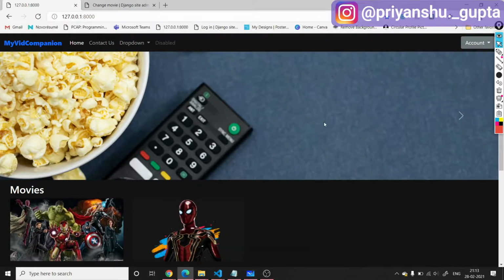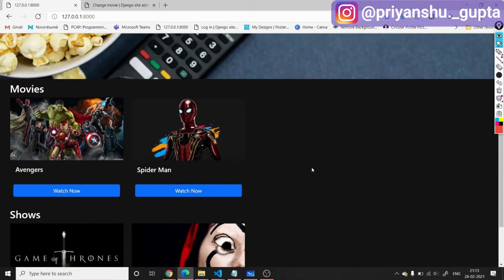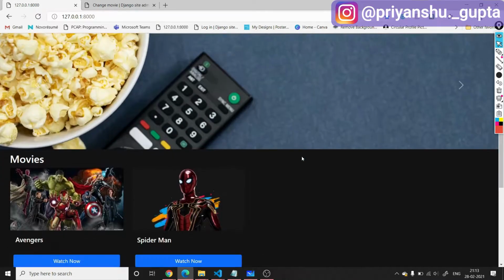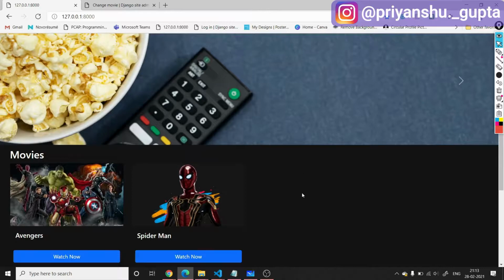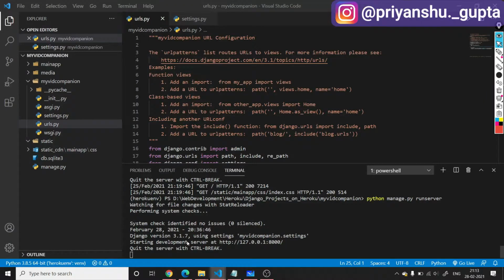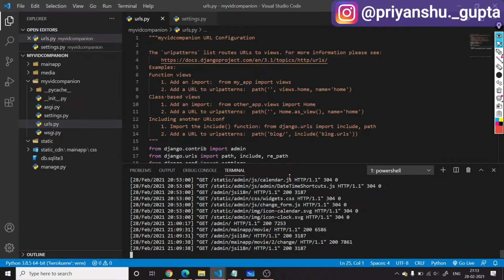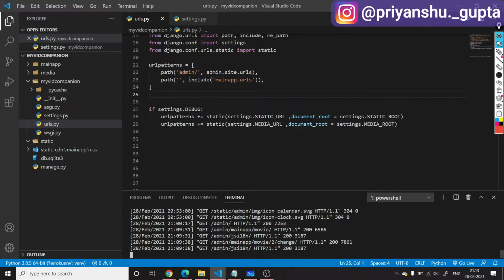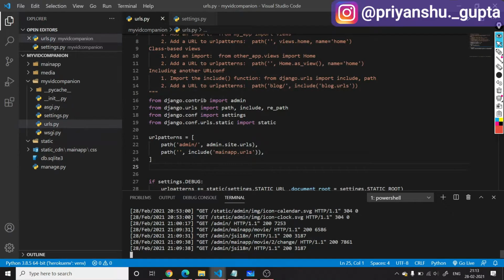So before pushing your Django web application code to GitHub, let's first explore how this web application is working and how these media files and static files are being served on this local server. If I go to my project here in VS Code, you can see there are URL patterns.